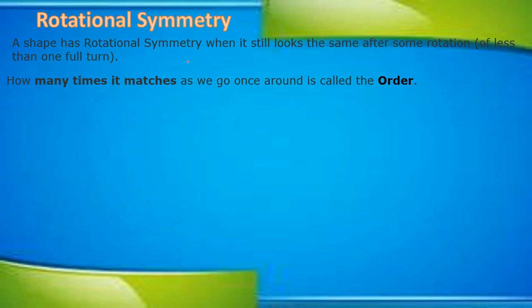A figure can be rotated a full complete circle, that means the angle will be 360 degrees, and then it will look exactly the same. As we have seen in the previous slide, the figure of a star will look the same after rotating by a particular angle. So the star has rotational symmetry, and how many times it rotates and looks the same is known as the order of rotational symmetry.